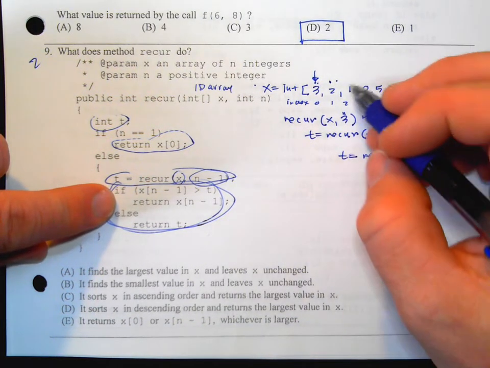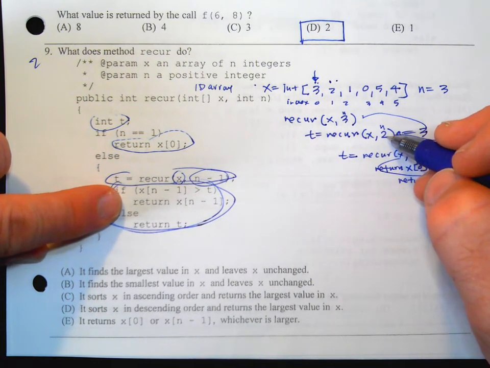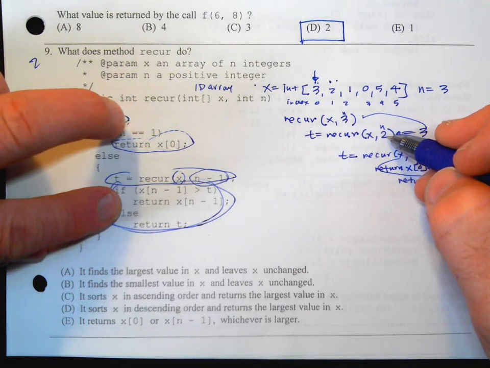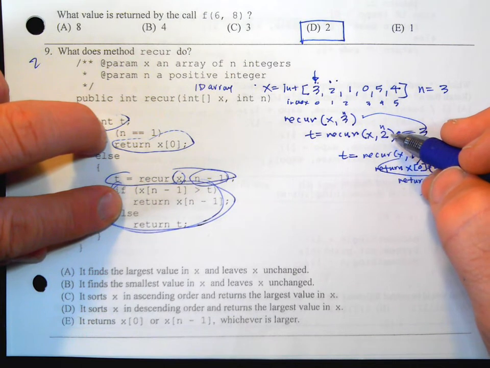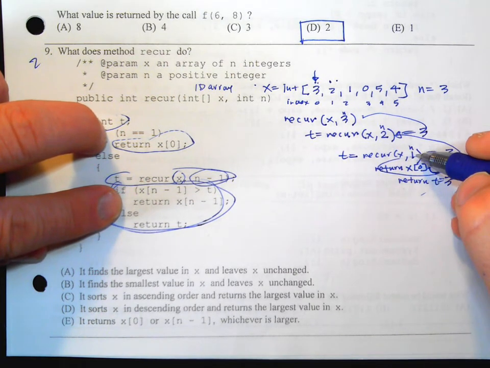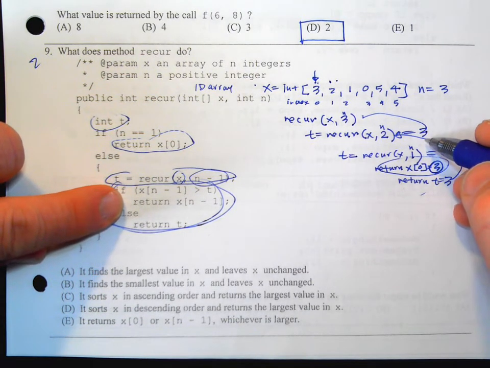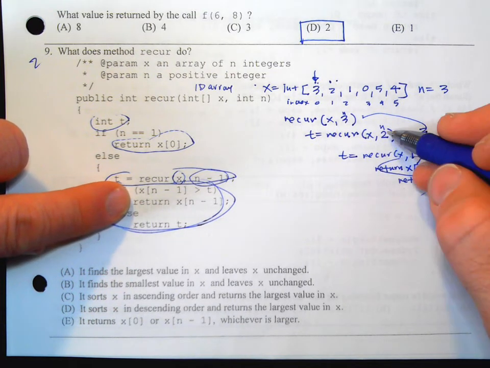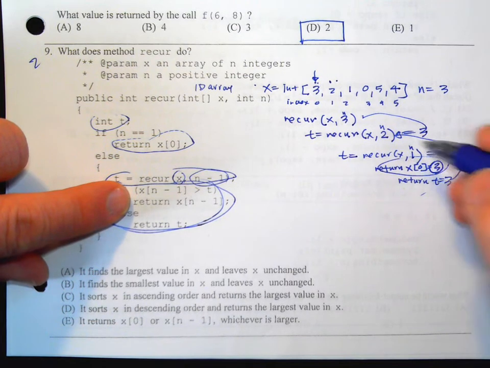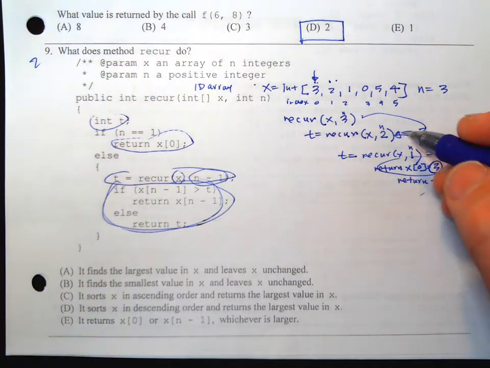And t equals, so it goes down 1, but then it's trying to get to the end. It's trying to get to n equals 1, right? So it checks 2, then checks 1, and then it finally returns this. And then on the next step, it checks the next spot up to see if that one was bigger than the last one. And if it is, you return that one. Otherwise, you return the other one. And then I think,